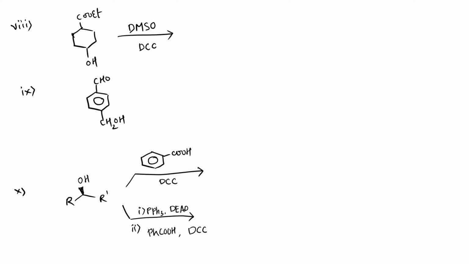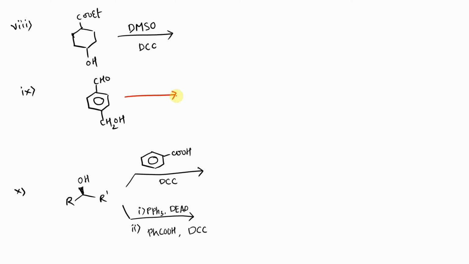Next is the reaction of COOEt with DMSO and DCC. As I said earlier, if you treat a compound like this, here we have an alcohol with a free hydrogen, and now we are about to oxidize this alcohol to a carbonyl group. So how to do that? This reaction takes place in a very simple manner of general oxidation. Wherever you have an alcohol group, that will lead to the formation of